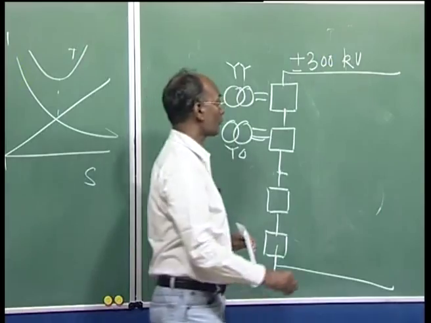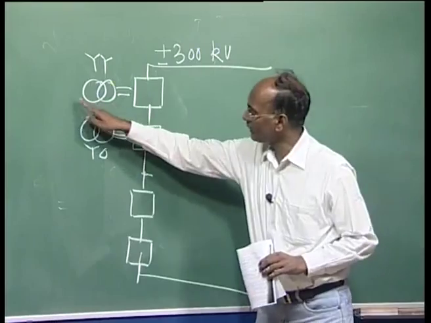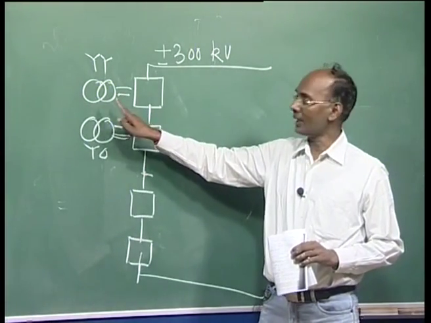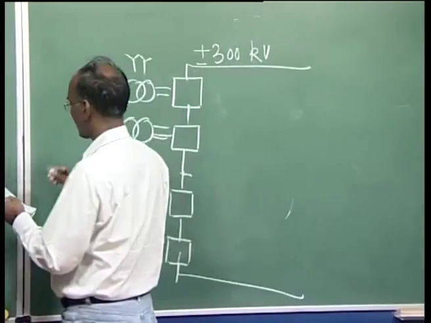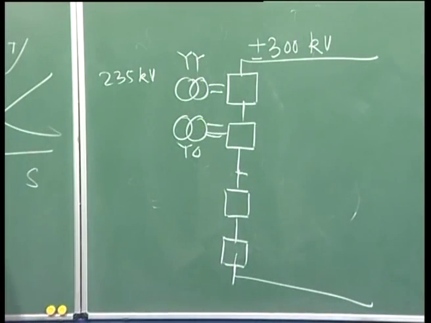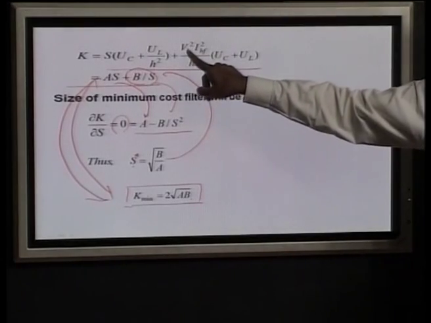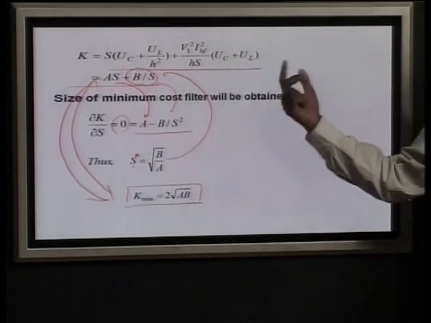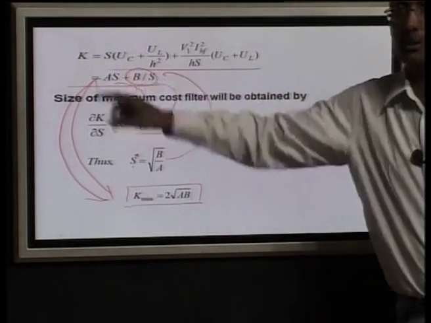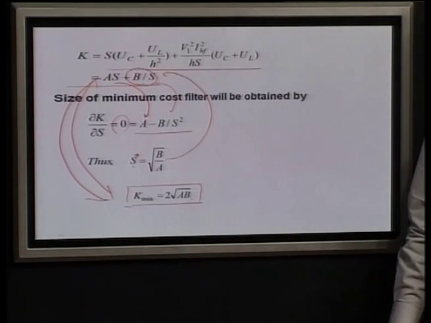Now, in this, what we have to do? What is the voltage across this? We require the fundamental component that is coming here, the VF. The AC side voltage is given to you as 235 kV, which is line to line voltage. Note that in the expression we used, V1 is the phase voltage, because the whole calculation is per phase. The cost here is per phase, not for the total. So, whatever is given, divided by root 3, will be there.